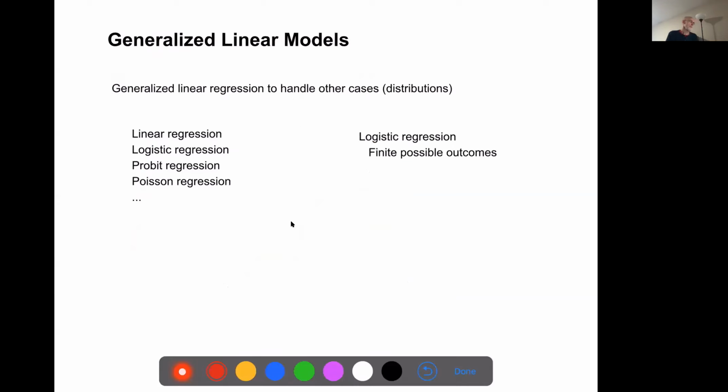So linear regression is perhaps the easiest machine learning model to talk about because it's so simple and we can draw lines, particularly when you've got two-dimensional data. But there's a lot of different types of regression we can do, which use different distributions, and some of them can be used for discrete values. And this leads us to generalized linear models.